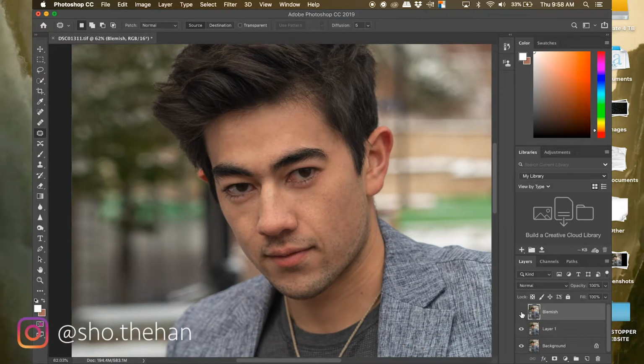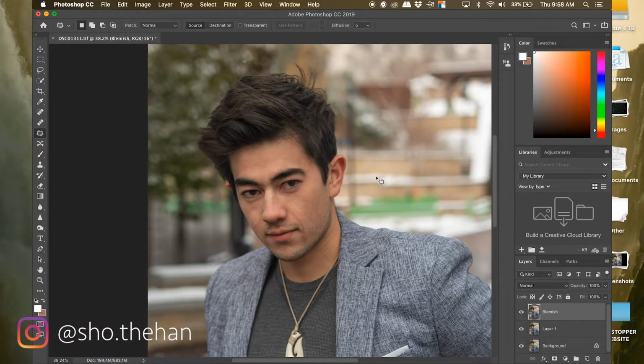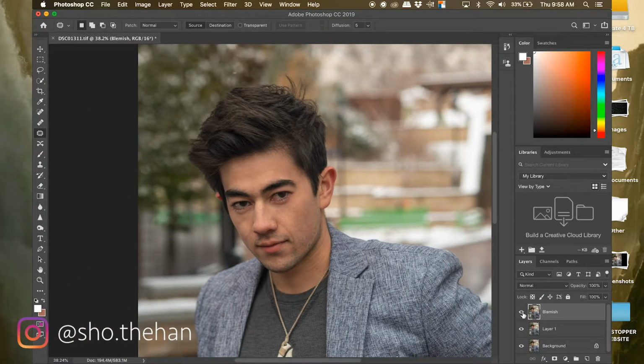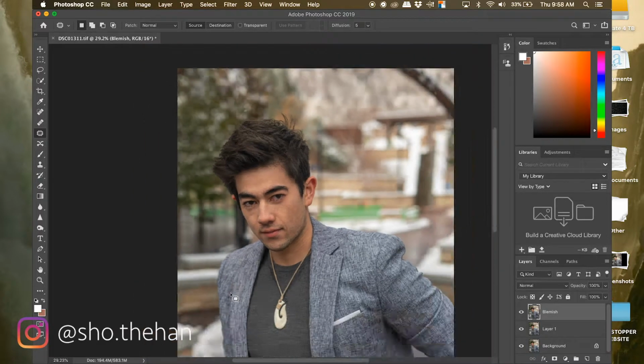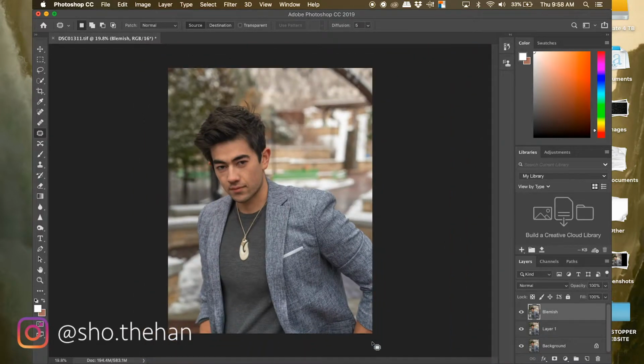Yeah, so I didn't do too much because I still want it to look like him, obviously, but you can look in the hair and see that there was quite a bit of big snowflakes in his hair, and so I took those away. But we are going to duplicate the layer again,